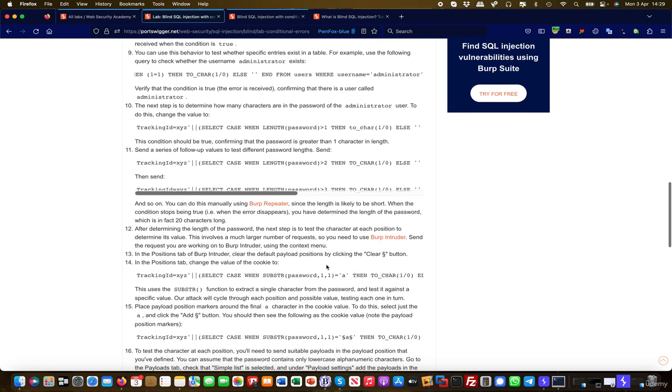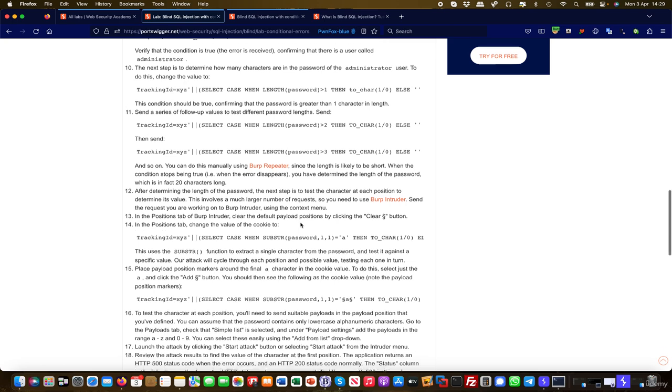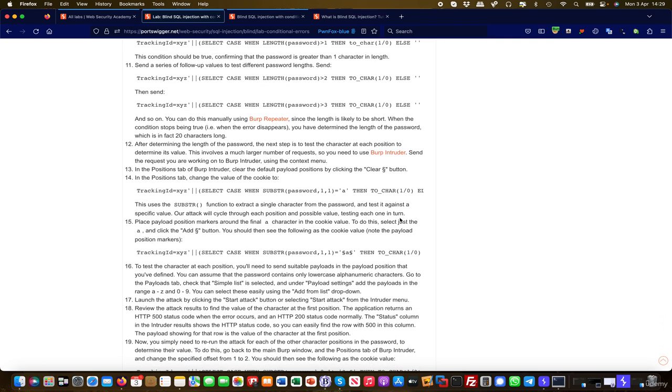From there on, you use a condition like the one described here, where you set the character you are testing and also the position, where username is administrator, because you want to get to the administrator password. Then you have a variable which you run through Burp Intruder